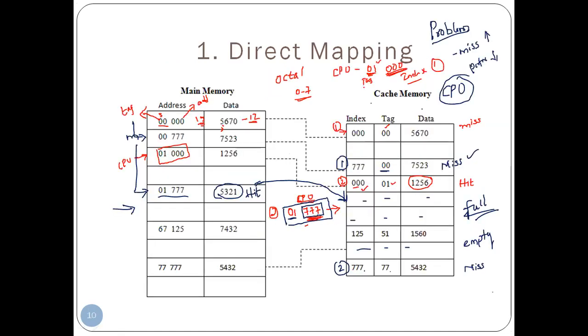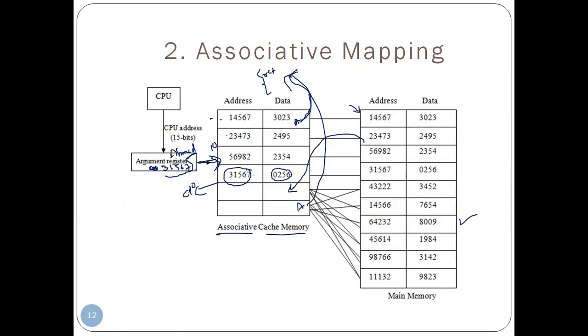But previously, we had to search everything from the starting till the ending, each and every one. But here the advantage is, first in the augment register, I'm going to keep the particular word, the associative data. That data is going to be matched, or that address is going to be matched with this address. Whatever the matches are, only those will come, and the remaining will be skipped. So this is the associative mapping. But what is the drawback over here?